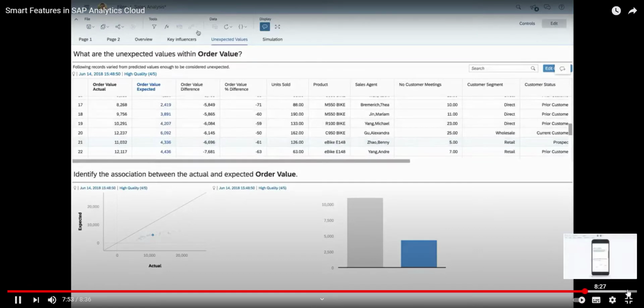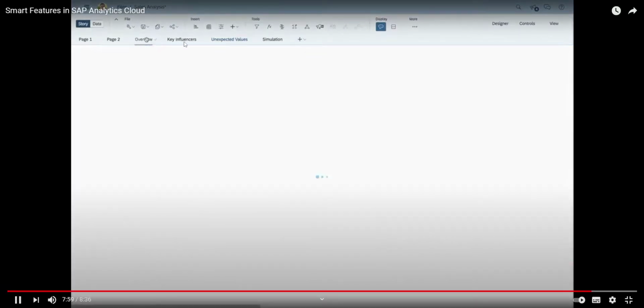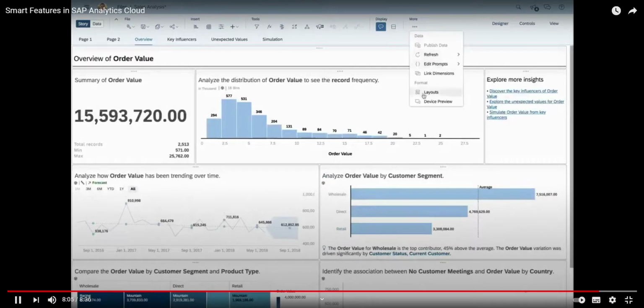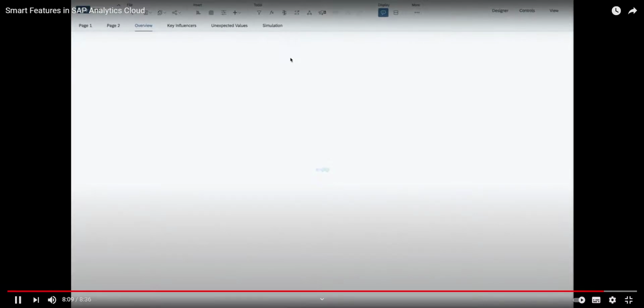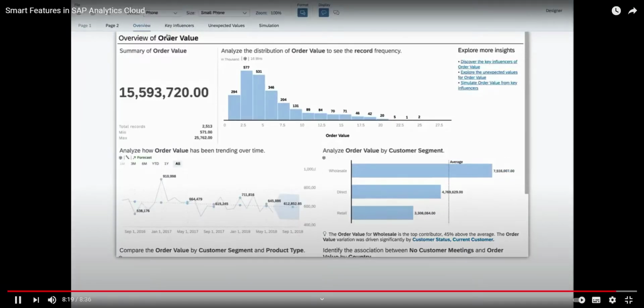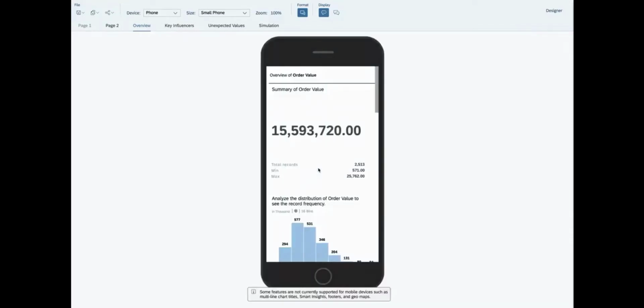With what we just saw, this really quick report that was generated for us, this is what's also really neat. It's working great in responsive mode. So if you jump into your device preview, you can even see what this would look like, and it'll simulate for you. It'll show you what this would look like on your different screen sizes. So all of this that was instantaneously created for us is also going to look great as I jump over and take a look at it on my phone. So this was a very short